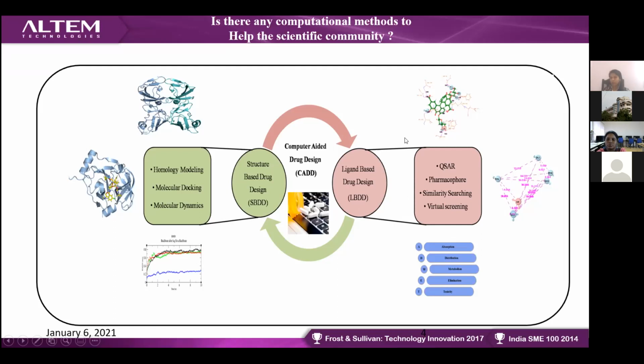Apart from that, if you go for the ligand-based drug design approach, you will have QSAR and pharmacophore, then similarity searching and virtual screening. What are all the applications for pharma people? Say, for example, you have synthesized your compound. Once you have synthesized it, you can go for similarity searching. If you want to find similar compounds which already exist in PubChem or any other databases, you can go for similarity searching. In case you have one molecule and you want to look for the